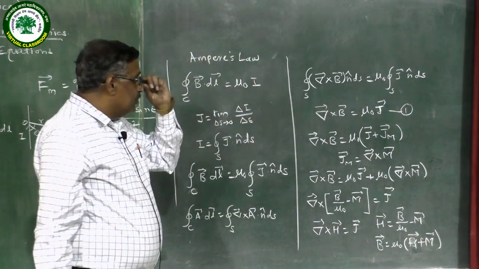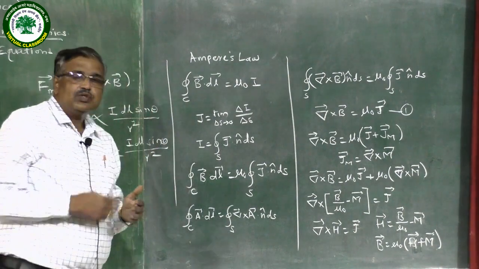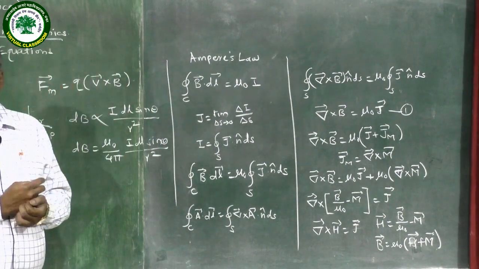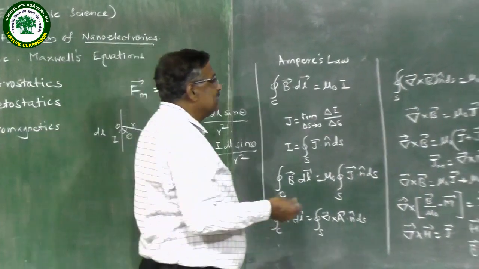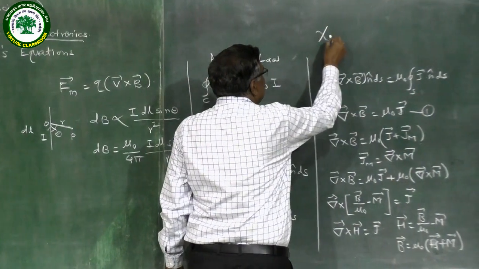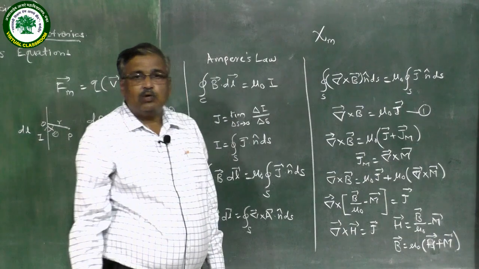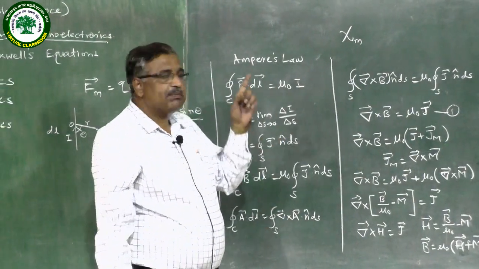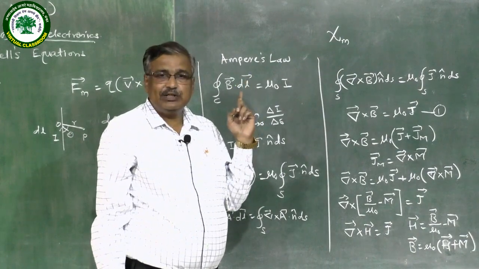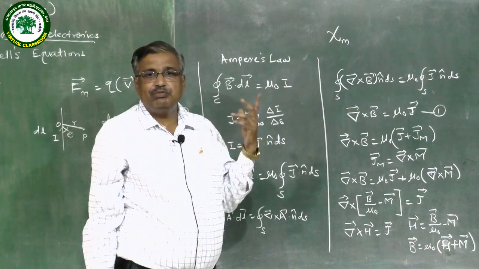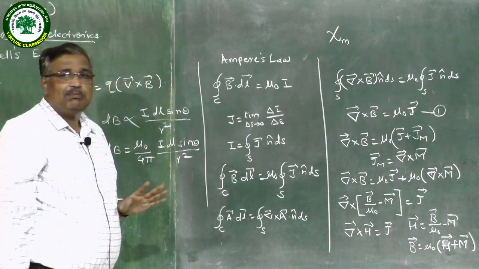Now here also, with the help of these two laws, particularly Ampere's law and Biot-Savart law, we also have different phenomena which are obtained. The phenomenon is about the magnetic material. A magnetic material also has its susceptibility. It is denoted by chi of m, which is called the susceptibility. Now for paramagnetic substances, this susceptibility is positive. In case of diamagnetic substances, the susceptibility is negative, and in ferromagnetic substances it varies. So this is also an important concept that is obtained with the help of this law.